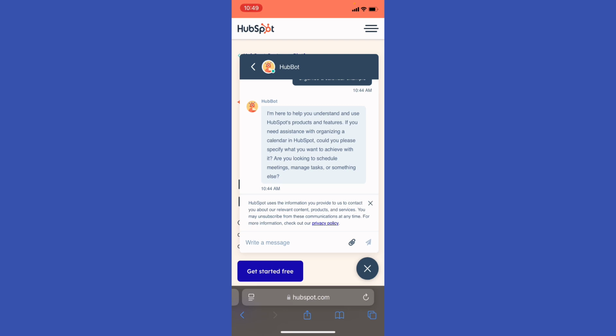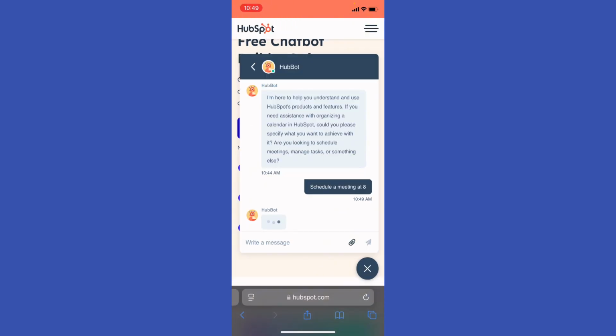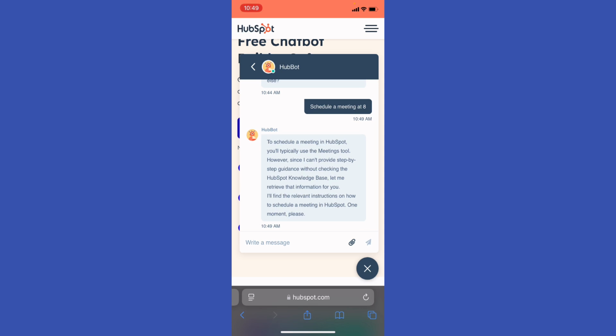If you need assistance with organizing a calendar, could you please specify what you want to achieve with it? Are you looking to schedule meetings, manage tasks, or something else? Let's have an example. Schedule a meeting at 8. And then you're gonna forward that message to the HubBot right here, and they're gonna help you out to